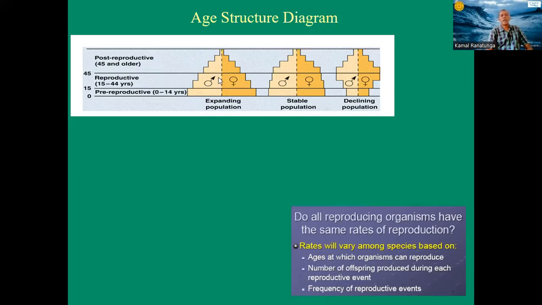Most of the Asian countries have this kind of expanding population because they have more reproductive age individuals as well as pre-reproductive. When they come to here, they're going to have huge population sizes, right? So this age structure diagram is a very good indication of how their population is going to be in the future, right? So we will discuss these things later on a little bit further,